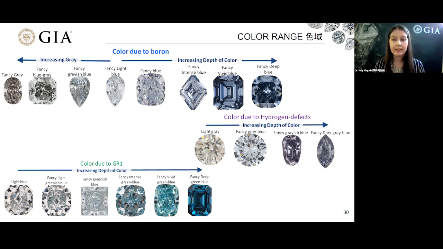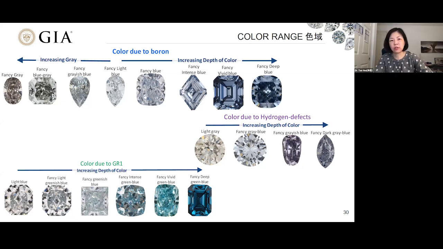Color due to hydrogen and due to GR1. Generally, as there's an increase in the number of defects, we see an increasing depth of color. Among those colored by hydrogen defects, we can see gray, blue, and violet coloration. We'll talk about it in a few slides. 后边2种成因，基本规律是所含的晶格缺陷含量越高，颜色的饱和度就越深。富氢的钻石还会出现紫罗兰色、蓝紫色、灰色这些色调，待会儿我们再具体讲。